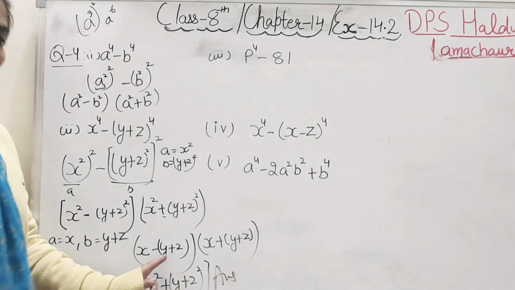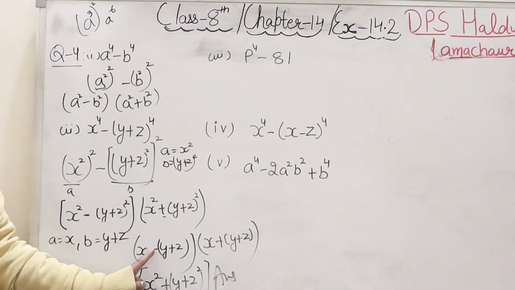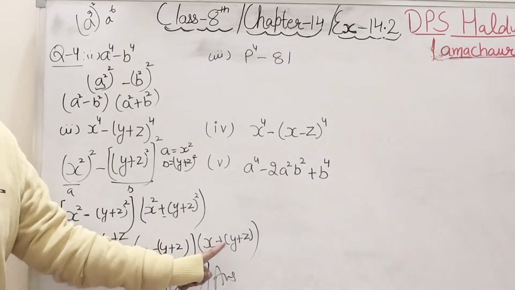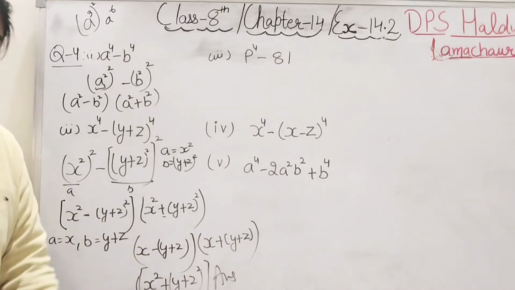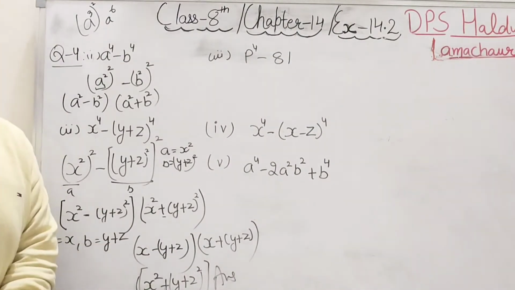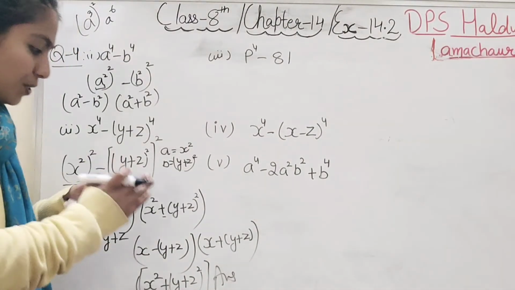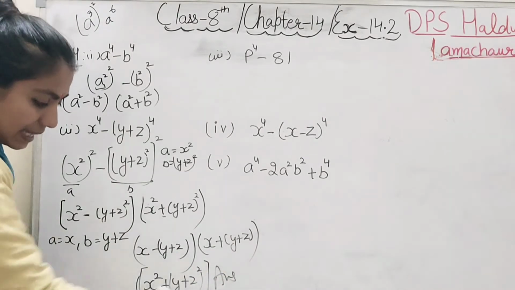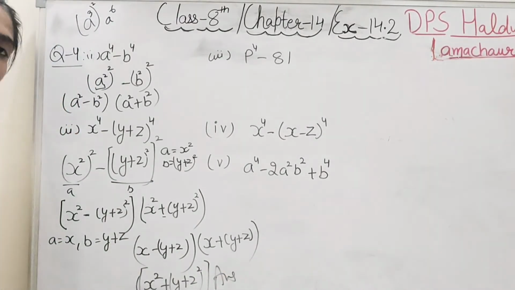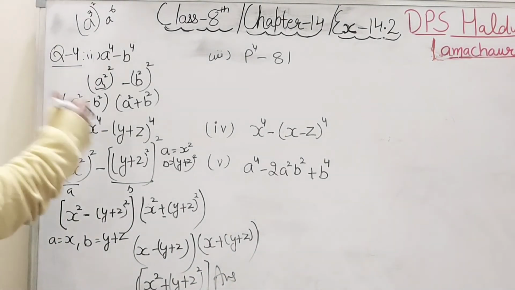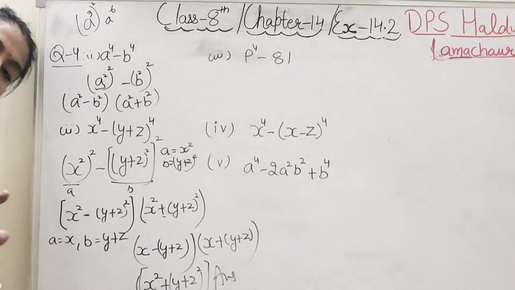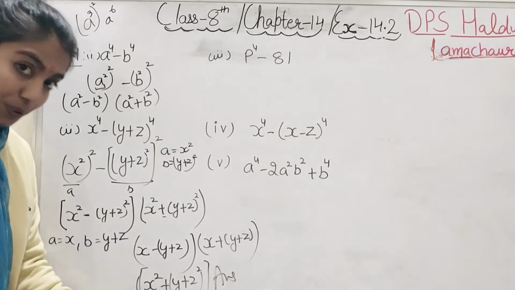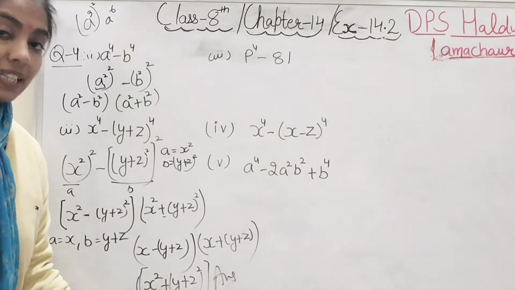Although we can open this bracket again: x minus y minus z, and the x plus y terms will cancel out. Here a plus b whole square you will open, but the question will become a little lengthy. Exactly, the thing is this only. If you open the whole bracket, you want the answer in a single term. But student, you will get confused. But as far as you are applying the identity, that's it. If you are taking out the answer up to here, that is fine. Okay, but if you know how to solve further, it's very good.